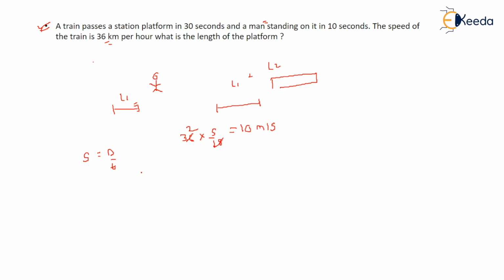You have to find the distance or the length of the train. So you know the speed, you know the time in which it crosses, 10 seconds. It crosses a man in 10 seconds, and you can now simply find out the length of the train. So speed is 10 meter per second equal to distance, which you don't know, the length of the train, upon 10. So you will get the length of the train. Length of train will be 100 meter. Get the length of the train.